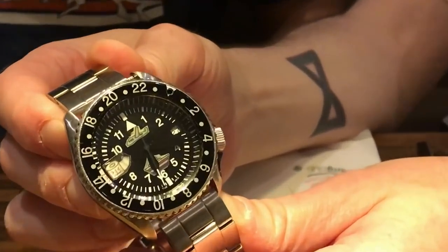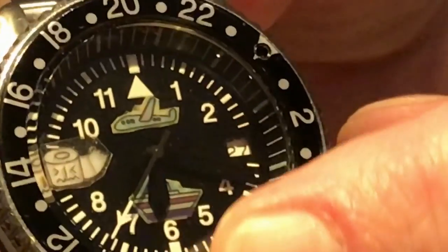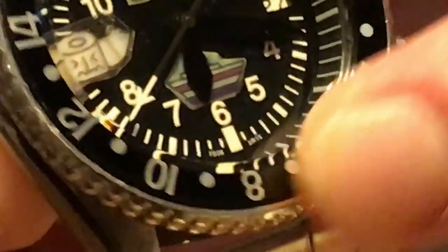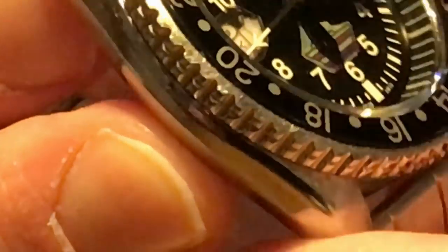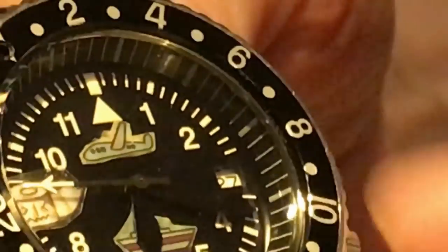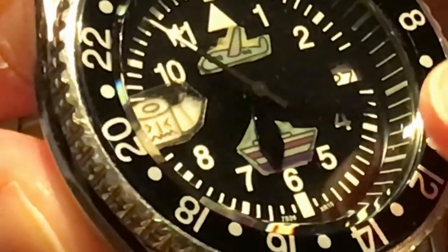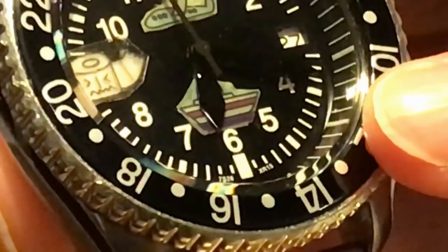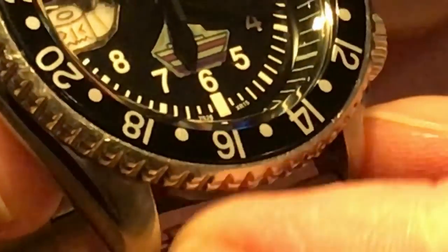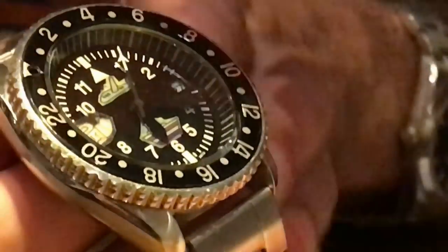You've got elements of the pilot watch. You can see your airplane hand spinning around there. And it's also got some elements of the dive watch, so it's got a little bit of a dive case. We've carefully put the imagery on the dial. We've got the little airplane at the top here. I know it's obscured by the hour hand right now, but there's a little yacht down there at the bottom. This signifies the pilot aspect and the diver aspect, and then at 9 o'clock you'll notice